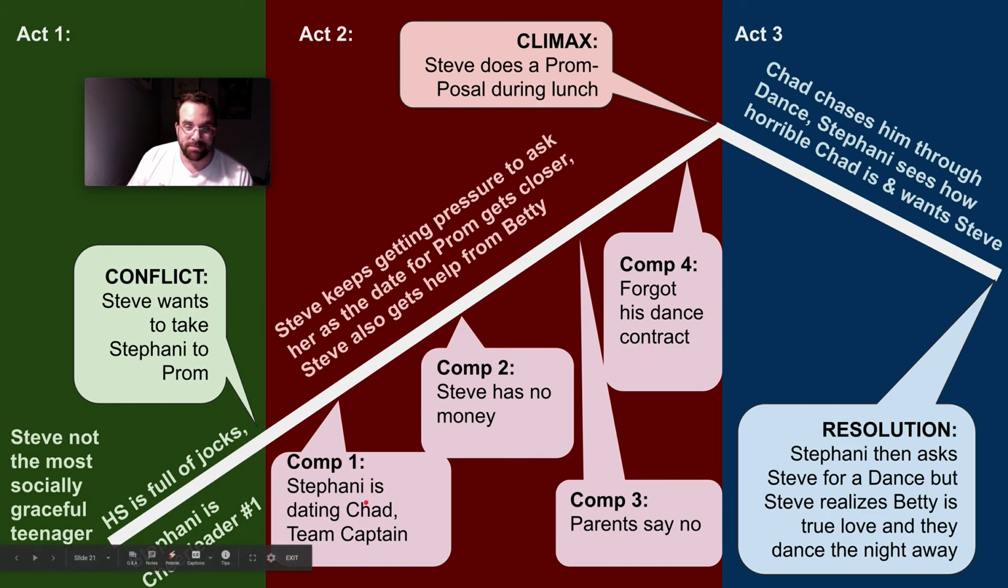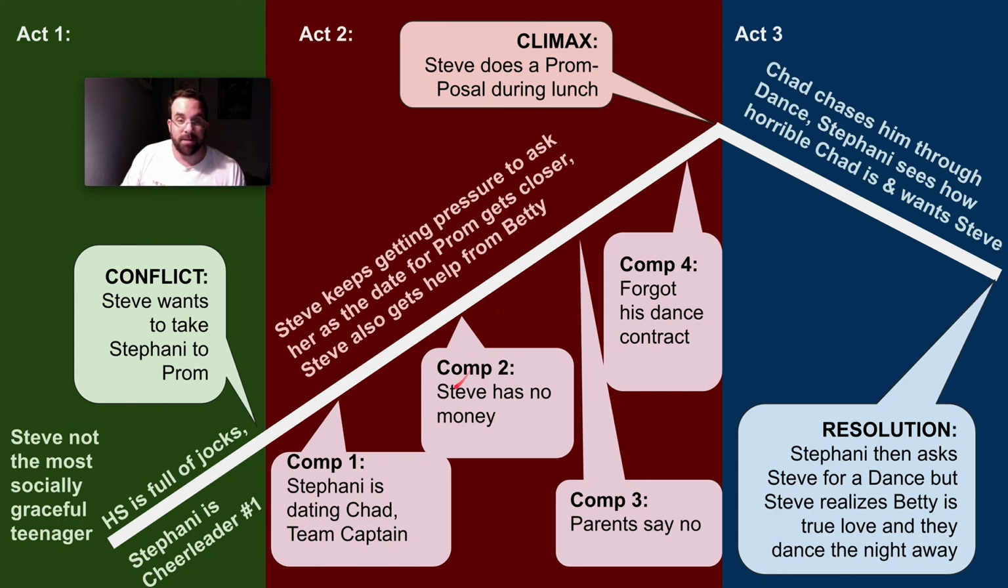But Stephanie is dating Chad. Chad's the team captain. I'm not sure what team, but he's a team captain. Got a Letterman jacket. He's Chad. Stephanie likes him. And so this whole build-up is going to be Steve marching towards should I, shouldn't I? I'm going to. I really want to, but should I? I don't know. And then the climax again is going to be Steve doing some sort of promposal at lunch,